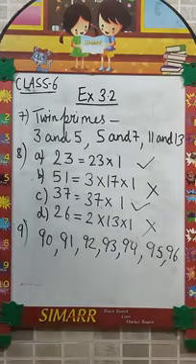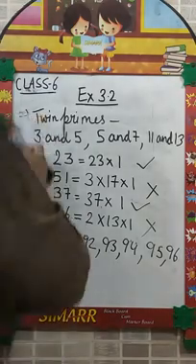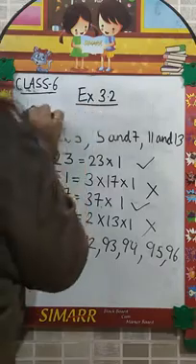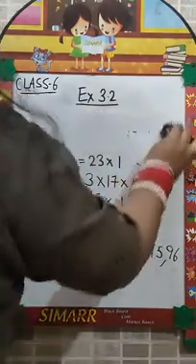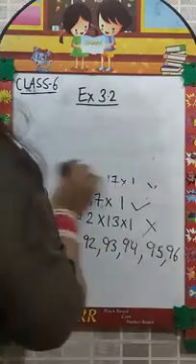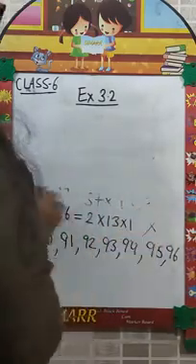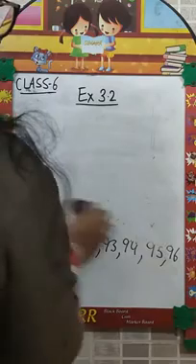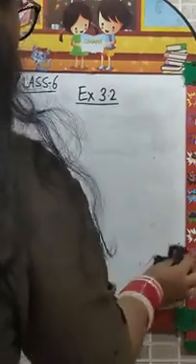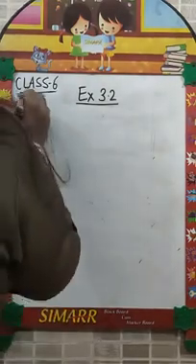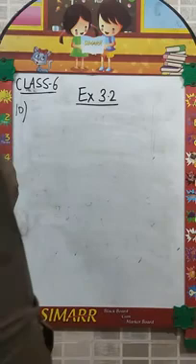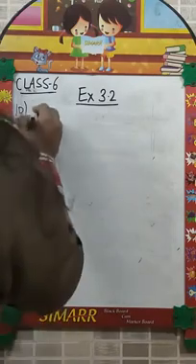In question number 10, what do we have to do? I'm just rubbing it so that we can write it like this and I will explain it to you. Now what's there in question number 10? We have to find the sum of 3 odd primes. We have to write it like this.